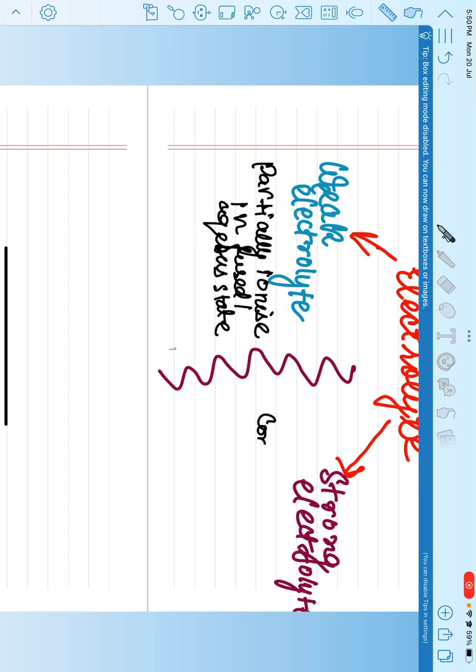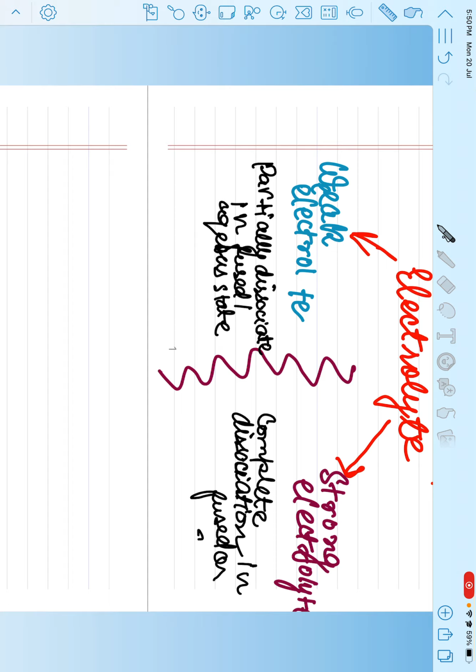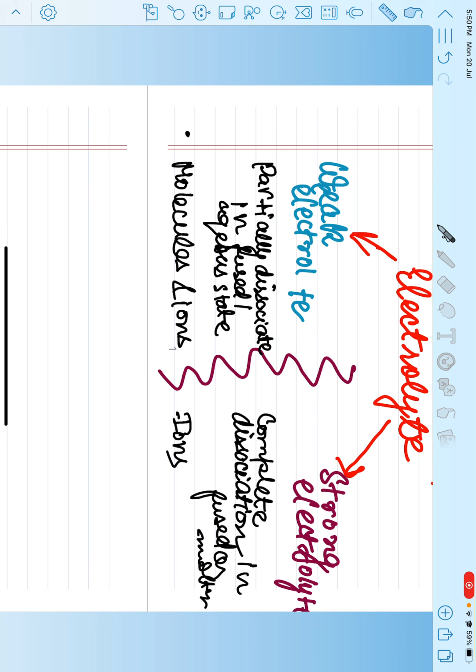ये क्या करता है? Completely ionize, complete ionization होता है, complete dissociation होता है। ये partially dissociate या ionize करते हैं, ये completely dissociate हो जाते हैं, ओके। कंप्लीट डिसोशिएशन इन फ्यूज्ड और मोल्टन स्टेट। अच्छा, दीज़ हैज़ मॉलिक्यूल्स एंड आयन्स, इनमें दोनों ही होते हैं, मॉलिक्यूल्स भी होते हैं, आयनाइज़ भी हुए हैं बट उतने ज़्यादा आयन्स भी नहीं हैं। इनमें सिर्फ और सिर्फ आयन्स पाए जाते हैं, ठीक है, ओके।